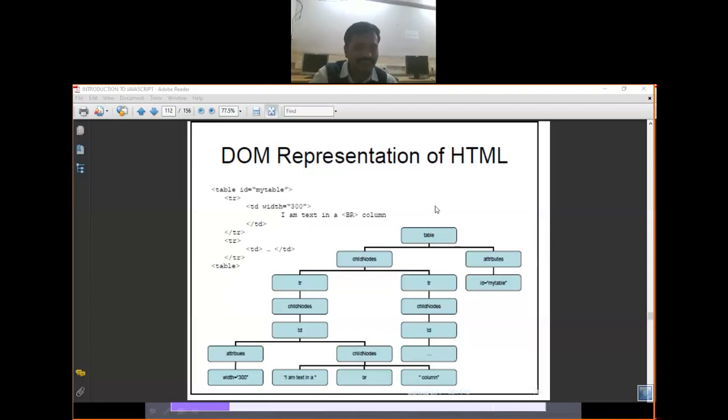So there is a table tag, the main tag, then a table row, then table data within it. This is a representation: this is a child node, this is a parent node, and within that child node there is another. This is the way we represent the DOM.